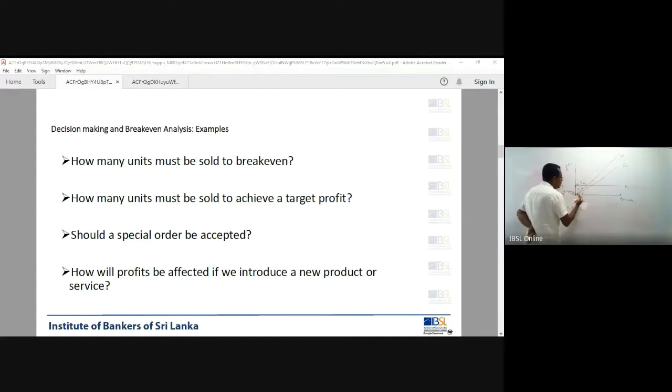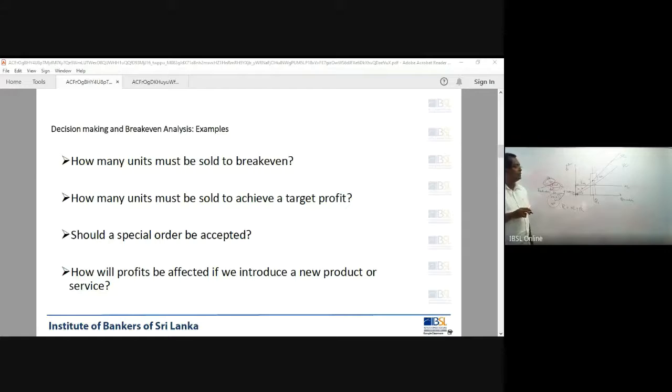So you go on selling. So your revenue line goes on like this, right? Whereas your total cost line is above. Now we take this point. We have some quantity. We have a revenue generated this much. But your total cost is this much. Your revenue is this much. So this portion, this is your loss,